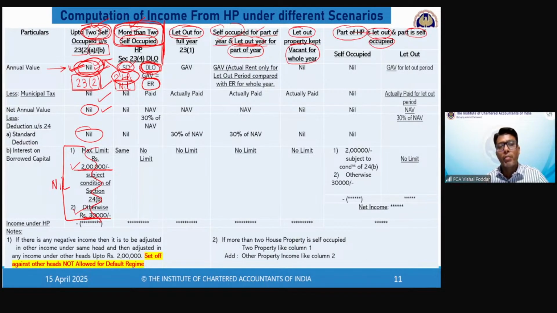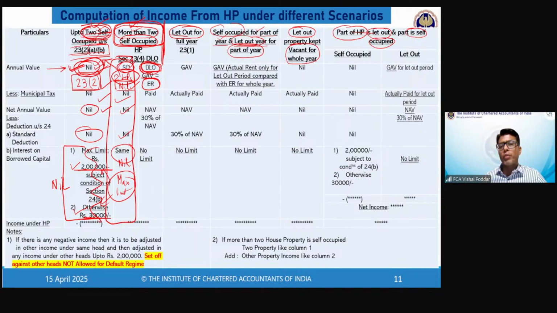So all this is applicable where the property is self-occupied. और कितने self-occupied property के लिए ये working applicable है nil वाला? Up to 2. If it is more than 2, then for the two self-occupied properties, again the working remains same. What? GAV nil, म्युनिसिपल टैक्स भरा है तो भी नील, NAV नील, NAV नील है तो स्टैंडर्ड डिडक्शन नील, और इंटरेस्ट कितना आएगा, वापस सेम सेम, मतलब पहले चेक करो ओल्ड स्कीम न्यू स्कीम, न्यू स्कीम है तो नील, ओल्ड स्कीम है तो up to maximum limit which is either 2 lakhs or 30,000 आप इंटरेस्ट ले सकते हो।